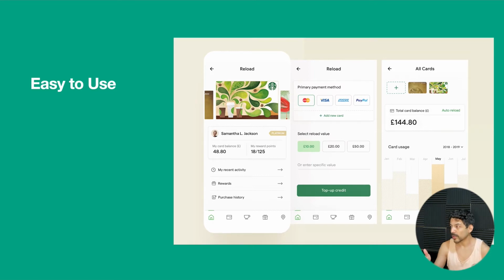So here's easy to use. This interface is a Starbucks redesign. Here a user wants to reload their card, so they click on reload on the card, and then they're taken to the next step, which allows them to add a credit card as the primary payment method, and then enter a specific amount, and then reload the card for Starbucks. So that's basically really easy to use, really easy to add a card, maybe delete a card, and navigate throughout